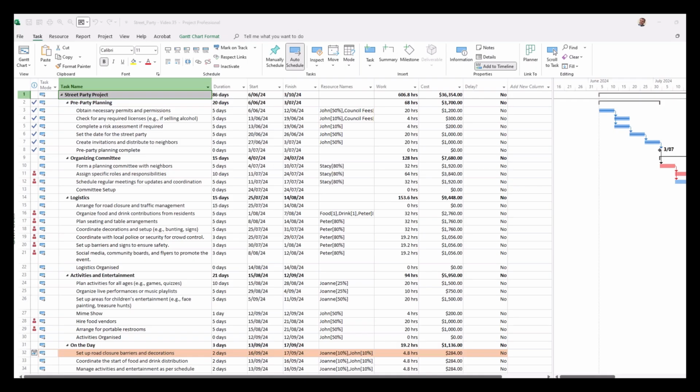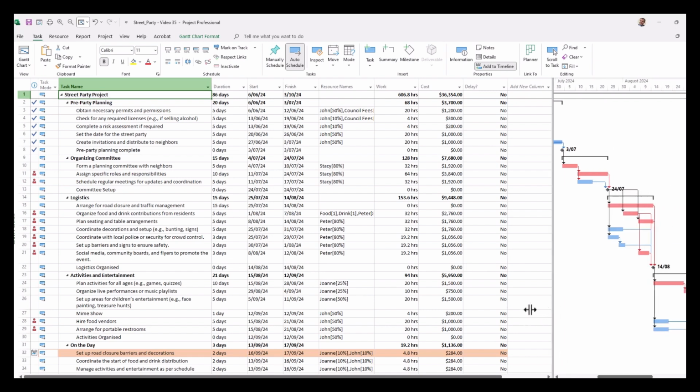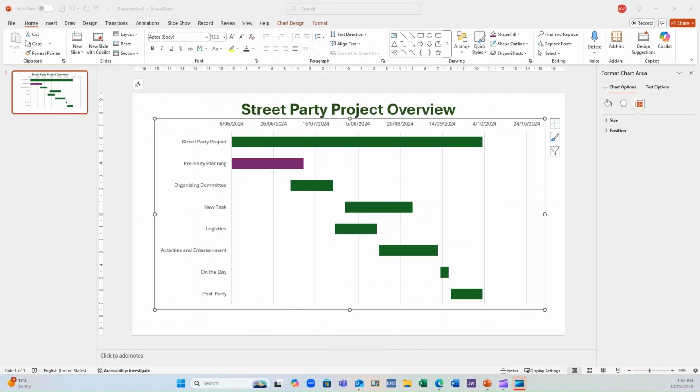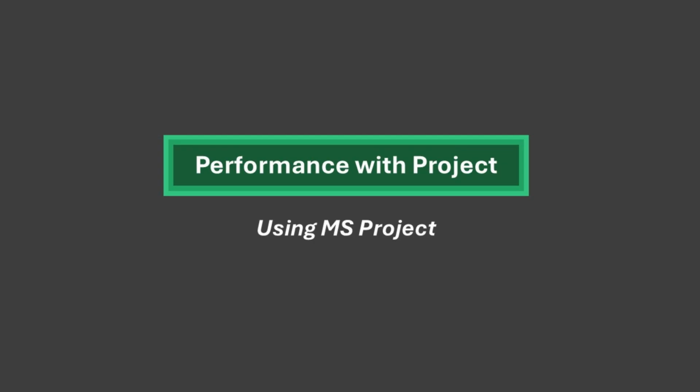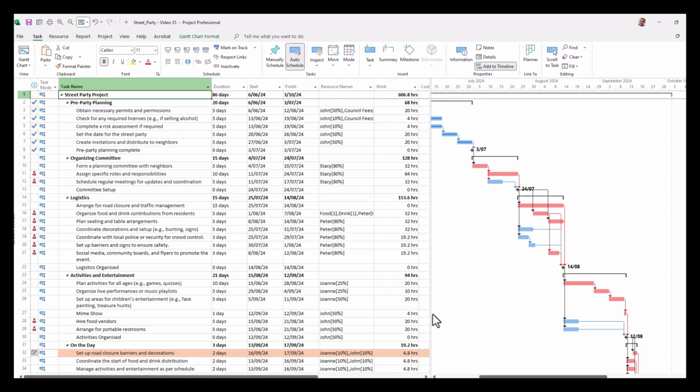In this video, we're going to show you how to really dress up your Gantt charts into presentation form, where you can get from an average looking Gantt chart arrangement like this into something like this. So in this video example, we're going to only focus on the high level summary tasks for the purpose of